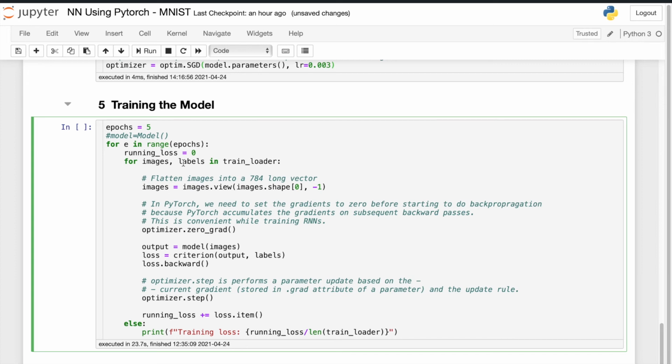So images and labels. I'm going to flatten this into a 784 vector, how we defined a little earlier. So we're going to take each image and reshape it into the size of 64 by 784. Next, we need to